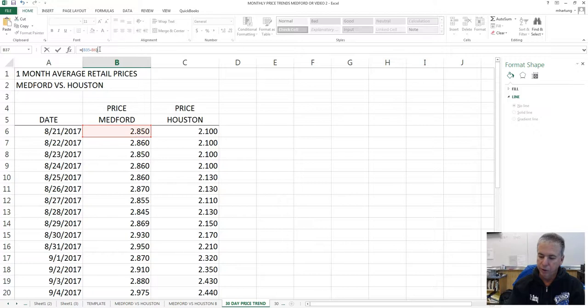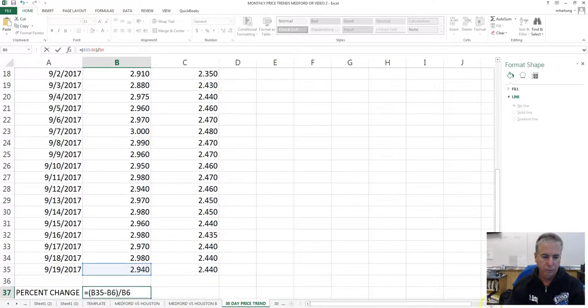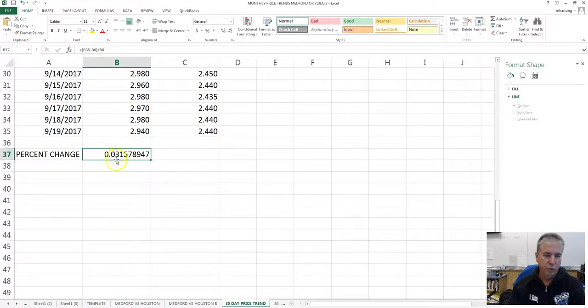And then we want to divide that, right above the number 8 on the 10 keypad, slash, divided by the old price. And I'll scroll down here. And there it is right there. And enter. Well, look at that number,